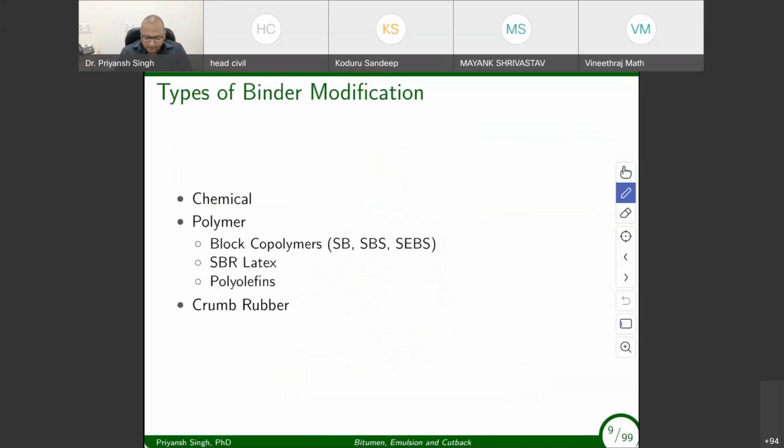Modification could be of different types. It could be chemical modification, like adding phosphorus or maybe adding some oxides or different types of things. Or maybe even cooking would be a chemical modification of the asphalt. The next type of modification is adding some type of polymer into it. That is the most used category of modification, and we have a code on it. Today we'll have a discussion concentrated on this polymer modification of the binder. The next type of modification is if you use some crumb rubber or rubber kind of thing in the binder.